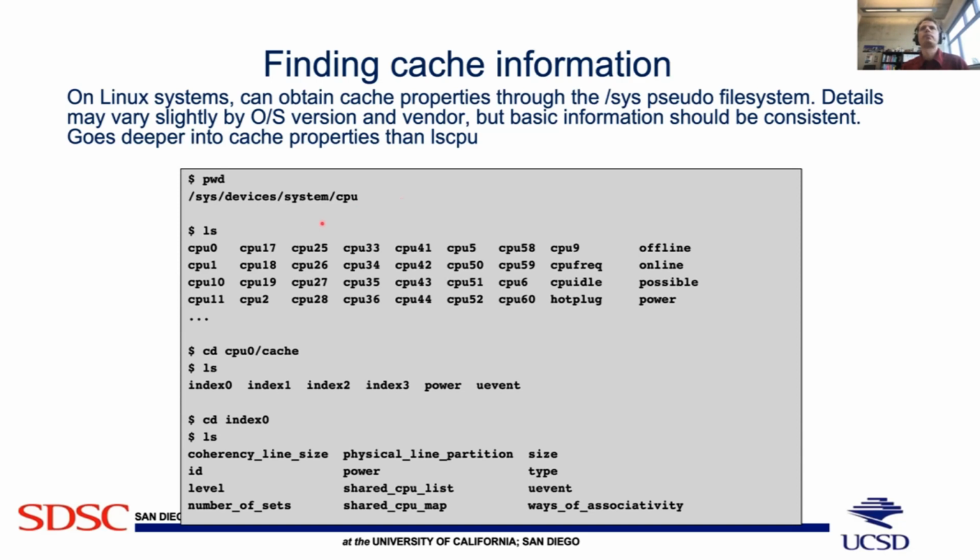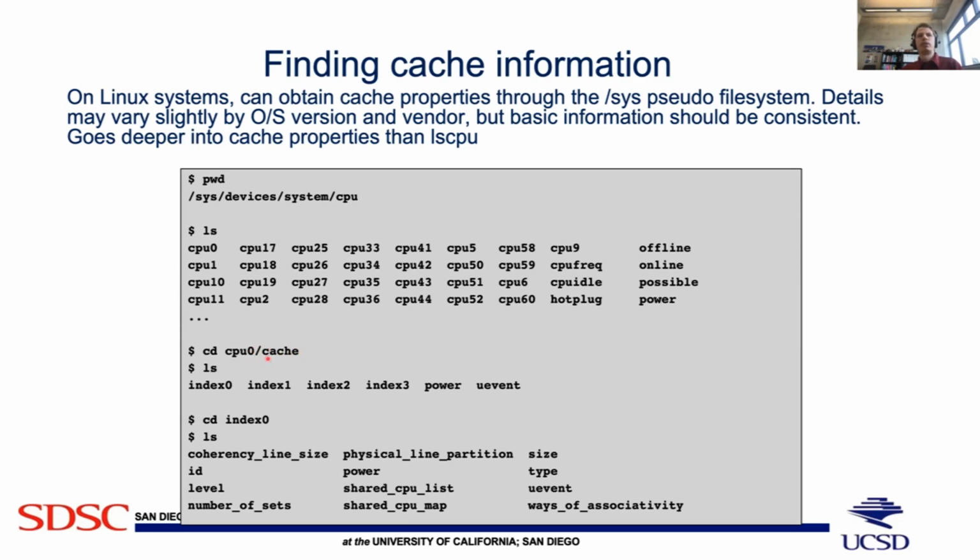Here we, for instance, navigated into the /sys/devices/system/cpu directory, and then you do an ls, you get information for all the different types of CPUs, and there's like what the frequency is, etc. So if you look into each CPU, so cpu0, where CPU here is a CPU core again,